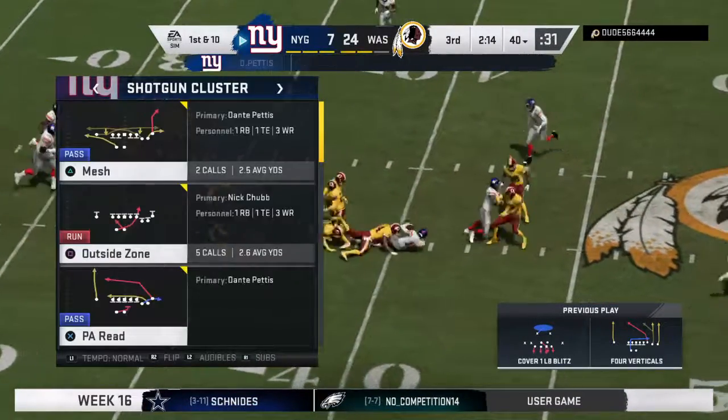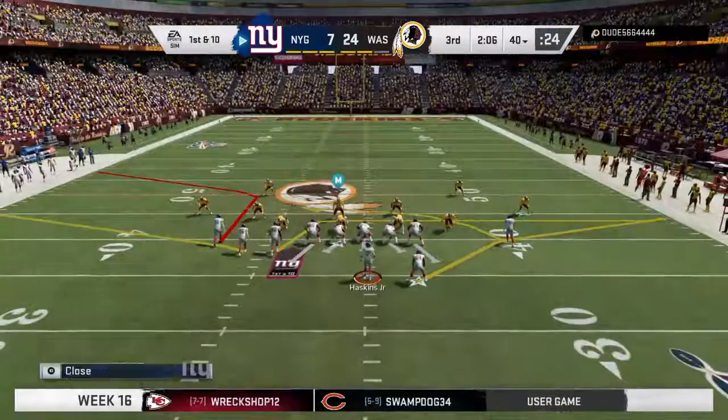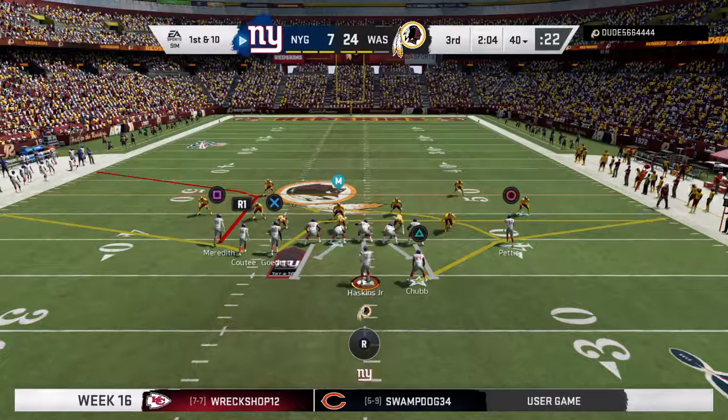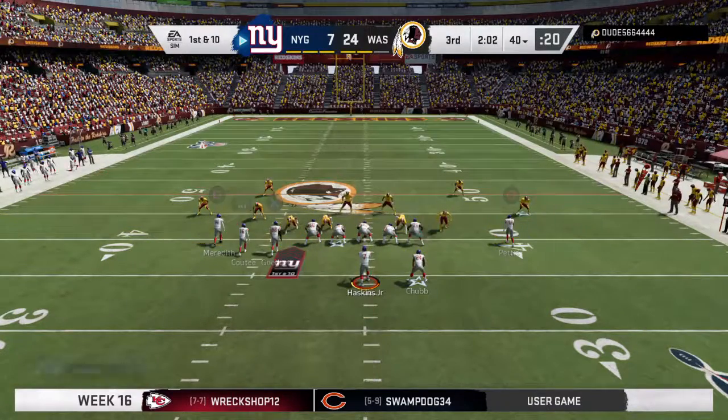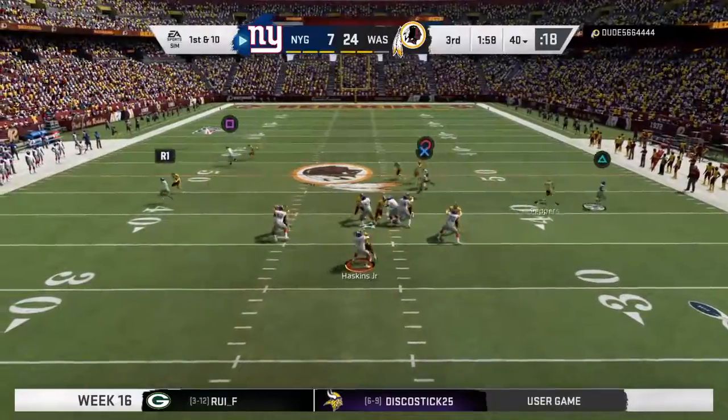That was a nicely run slant route, and what the receiver's trying to do is make the defender think he's going upfield for a deeper route, and then breaks it off, usually after about 3 to 4 steps, and cuts towards the middle of the field. And now what he's trying to do is use his body to...